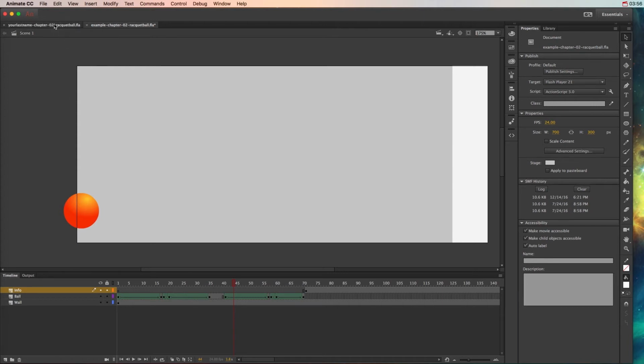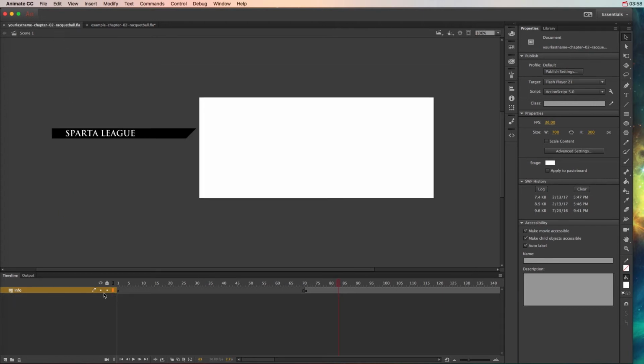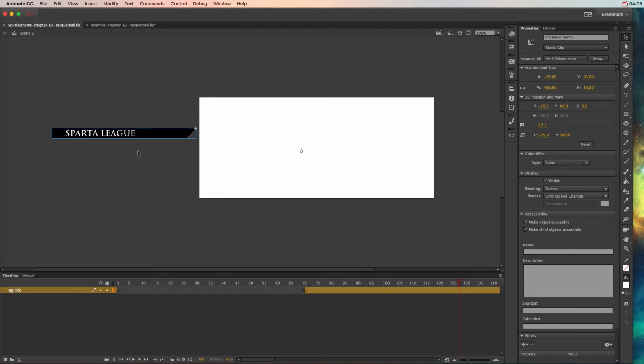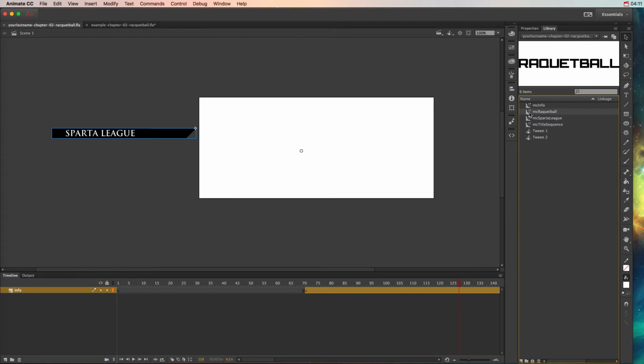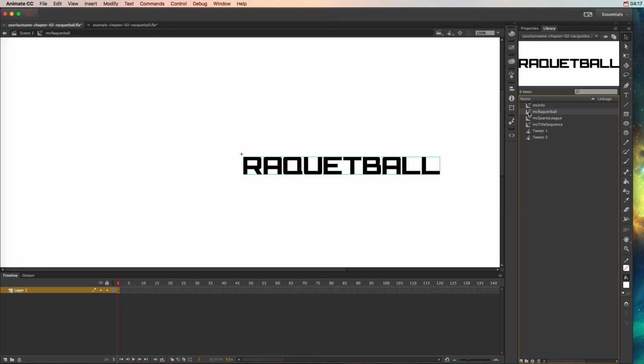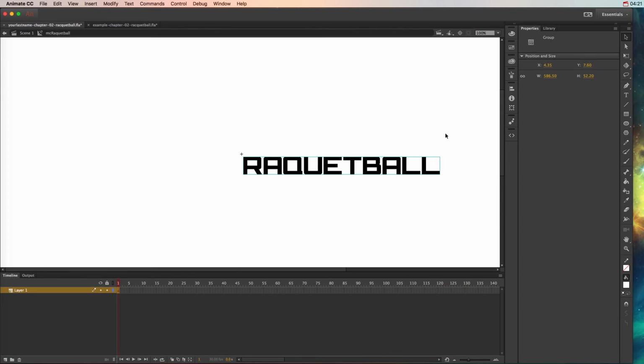So let's go to the original file that hasn't been pre-made and see that you already have this info layer, and at the 70th frame you already have that movie clip in there. So what we need to do to change these 2 things is go to the library panel, and you'll see 2 movie clips in here, one called MC Racquetball and one called MC Sparta League. If you double click the MC Racquetball, you can come in here, click on the text, go to properties, and